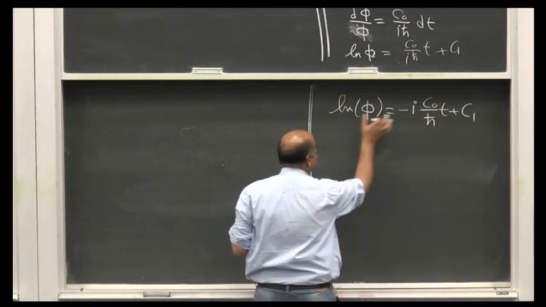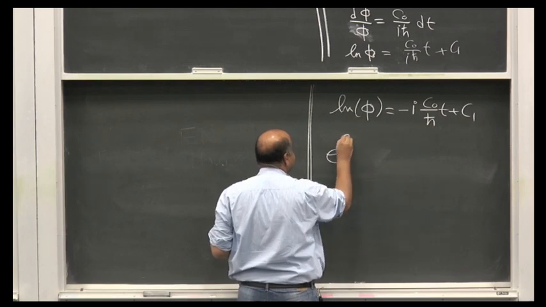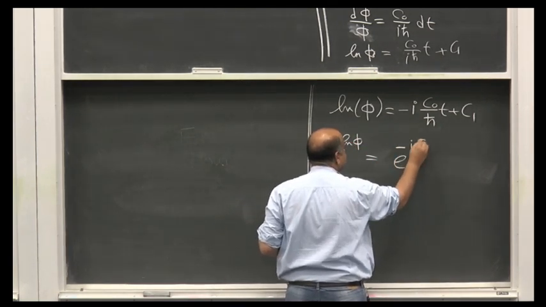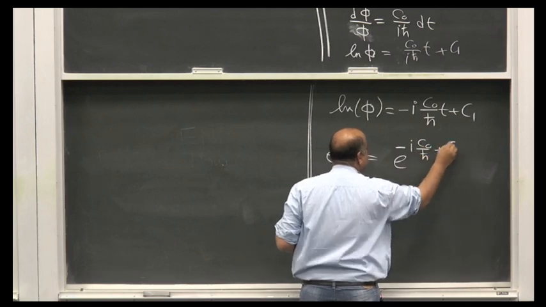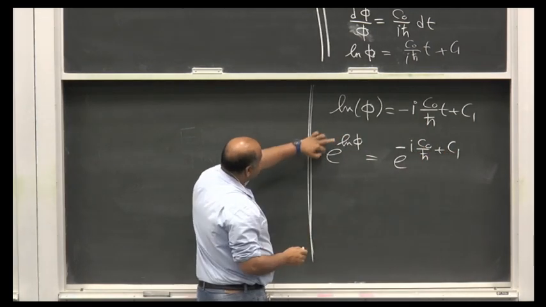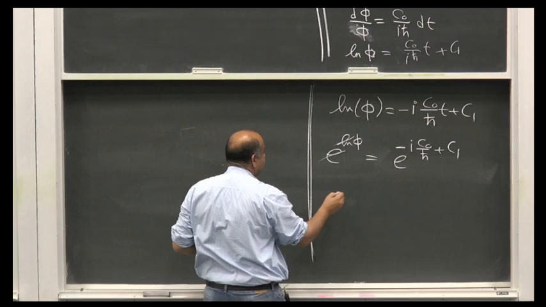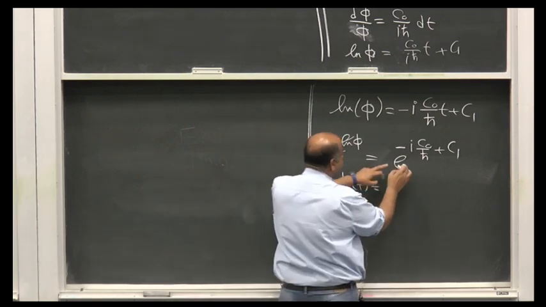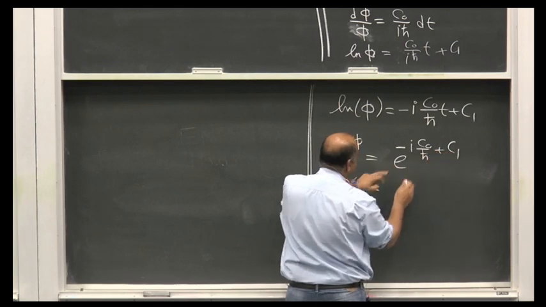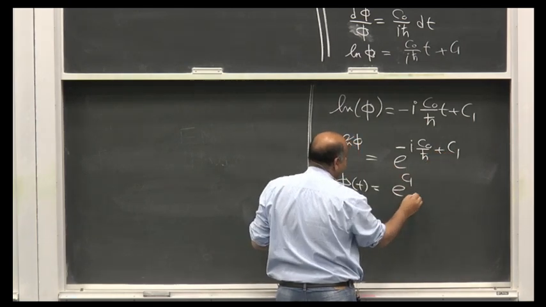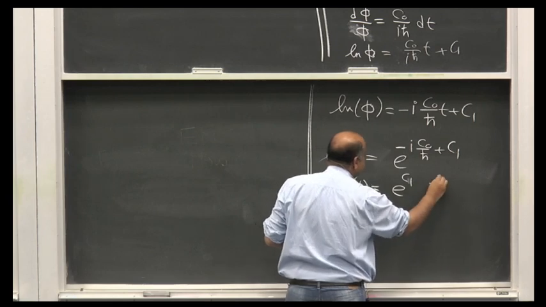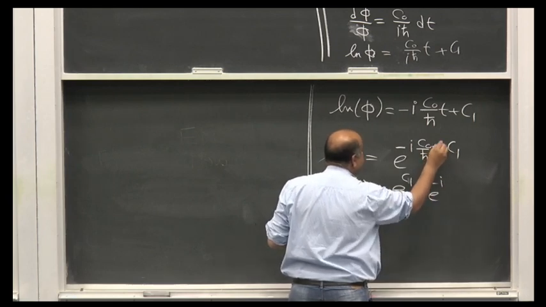तो ये दोनों चीजें जो कि इक्वल है, इसका मतलब है एक्सपोनेंशियल ऑफ log phi should be equal to exponential minus iota c naught h cut c1. Exponential और log जो है they cancel with each other, so phi of t is, और ये इसकी पावर में दो नंबर ऐड हो रहे हैं, I can keep them separate, exponential c1 exponential minus iota, so there is a t here,